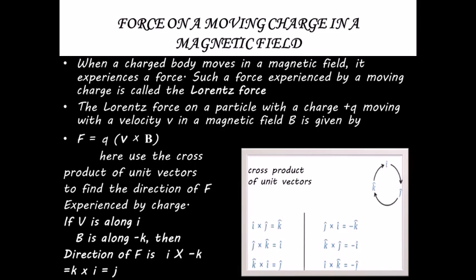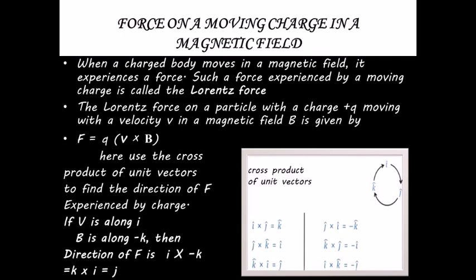The formula that Lorentz gave here is F is equal to Q V cross B. F is the magnetic force, Q is the charge on the particle, which can be plus or minus. For simplicity, throughout the examples we will take a plus charge, but you can take a minus charge also. V is the velocity of the charged particle in a uniform magnetic field B. We can find the magnitude using this formula easily by putting in the numerical values. V cross B can be written as VB sin theta. So just put in the values and find the magnitude.